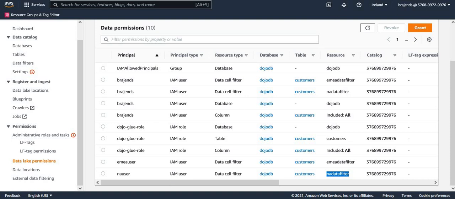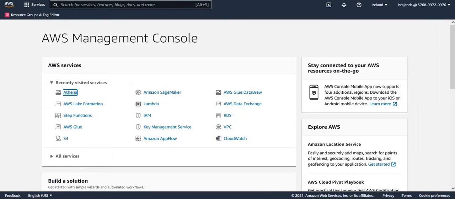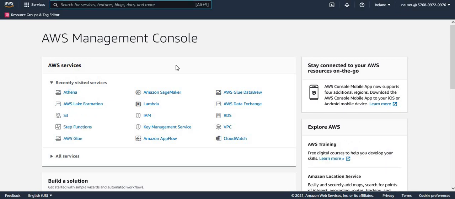So let me close all the console windows over here and log in back. So I'm going to log in back as a NA user first, and I'll show you the query. So let me log in back as a NA user. So I have logged in back as a NA user. You can see here I'm a NA user now, and if I go to Athena now,